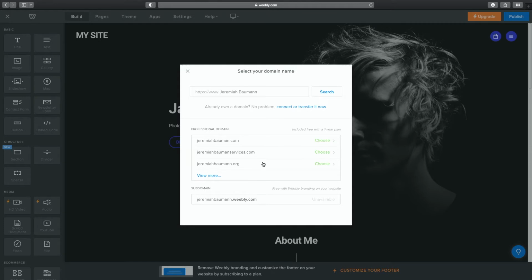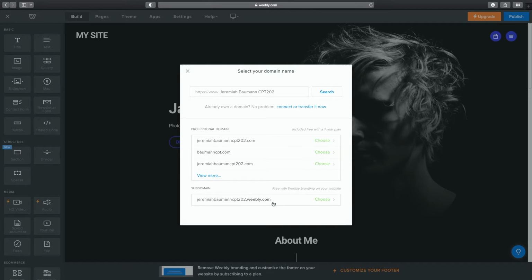So do not select any of these because you're going to look down here. Subdomain, free with Weebly branding. It's yourname.weebly.com, or if you want to do something that's not your name, that's fine too. But basically, right here, this is what gets you your free site. Now, you'll notice for me, it says unavailable because I've done this a few times for the course. So I'm going to actually add CPT202 to the mix just so I can actually get something that's available. Now you see it's my name,